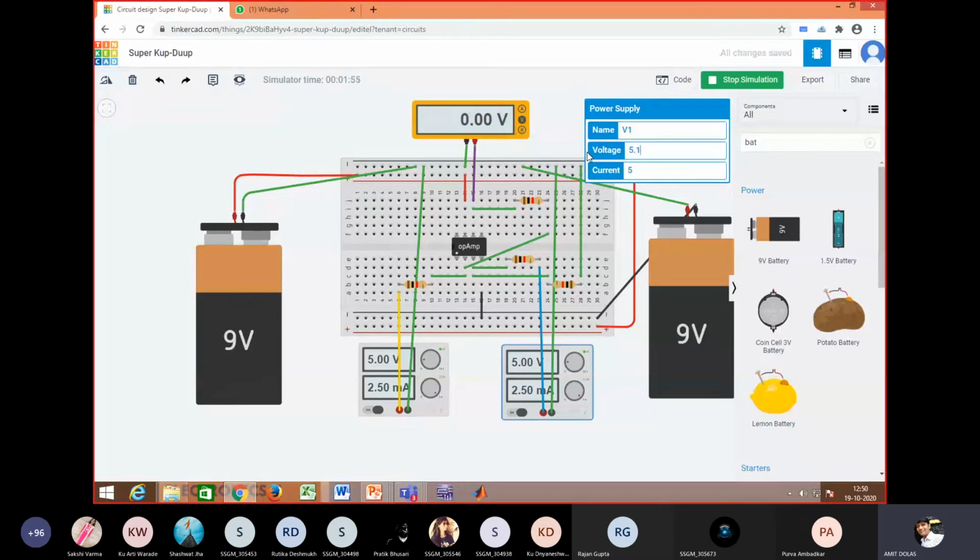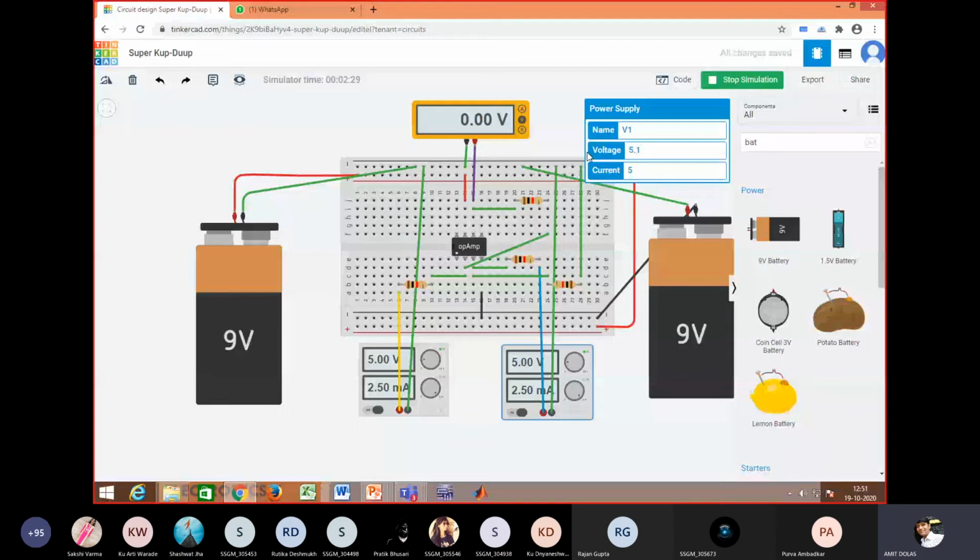V1 is 5.1 volt, that means 5 volt and above it 100 millivolt, and V2 is 5 volt only, so 5.1 minus 5 will be 0.1 volt, nothing but 100 millivolt, but you are getting the result equal to 0 because we have not used offset nulling here. So because of the offset, the positive offset is also subtracted and the output comes 0.